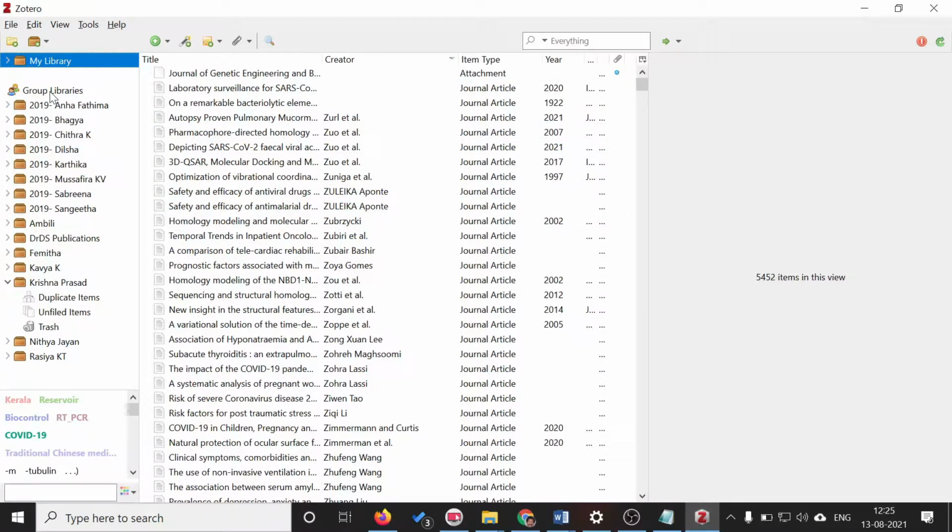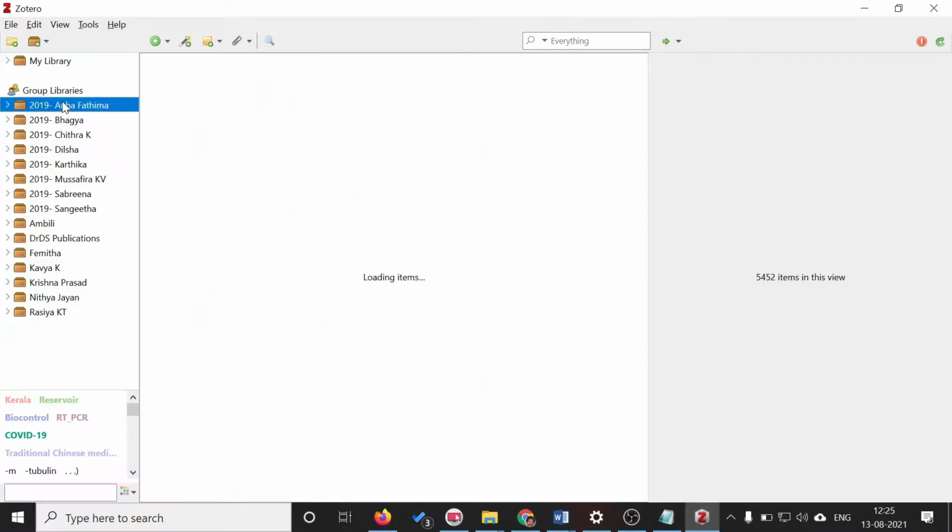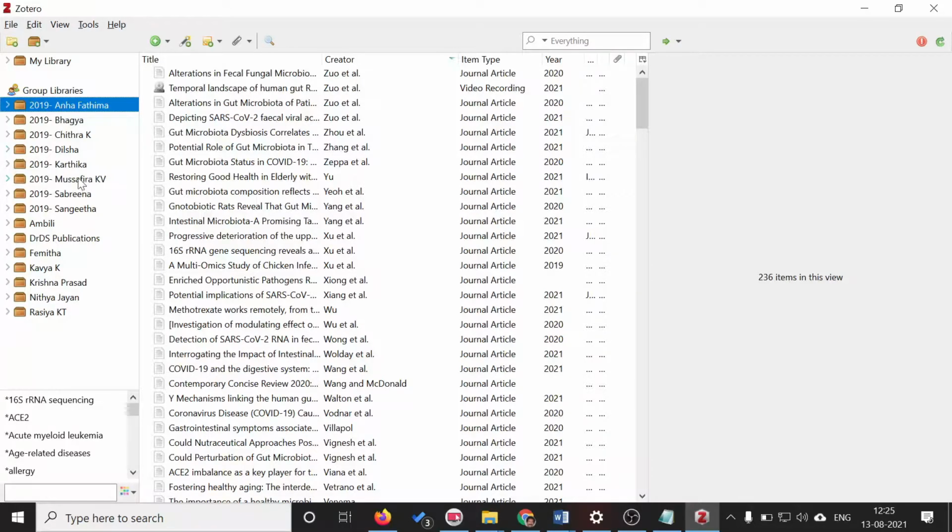Whereas you have group libraries. For example, these are the group libraries that are available, which means you can collaboratively work with maybe a research supervisor, and one or two students can be collaboratively added to such group libraries. So if you are writing a thesis, usually the guide and the supervisor and the students working on that particular topic need access to the same bibliography information and data while writing. So for that you create a group library and incorporate all the required members in that library.